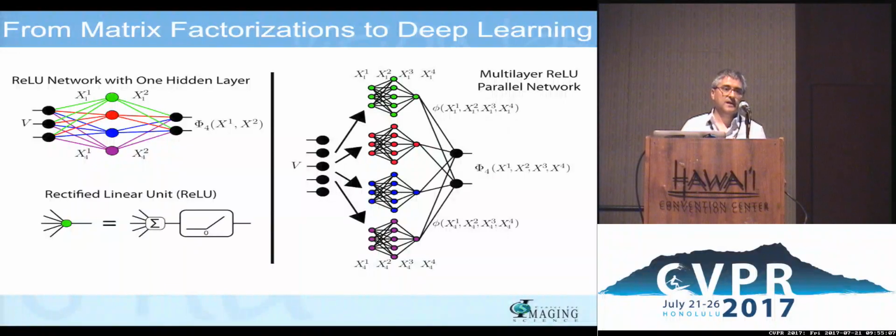What types of neural networks can this be extended to? The first one is nearly immediate: neural networks with a single hidden layer. In this particular case, it's almost like matrix factorization. These are the weights from the input layer to the mid layer, and the weights from the mid layer to the output layer. If there is no nonlinearity, this is just matrix factorization. So the number of columns of that matrix now becomes the number of neurons of that hidden layer. Okay?